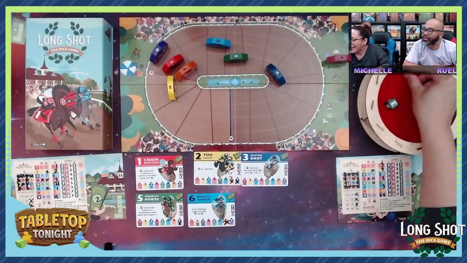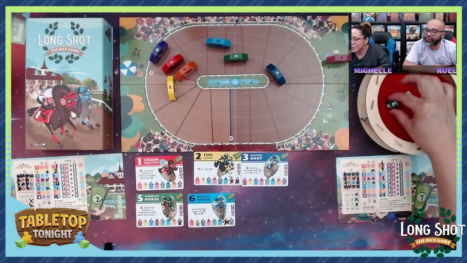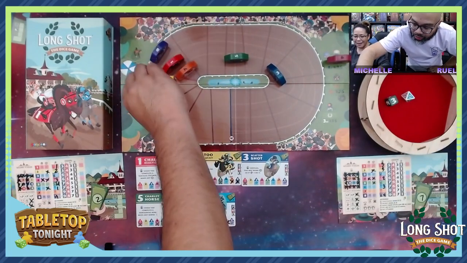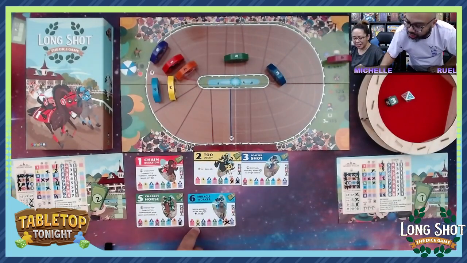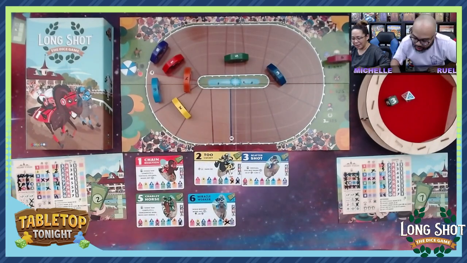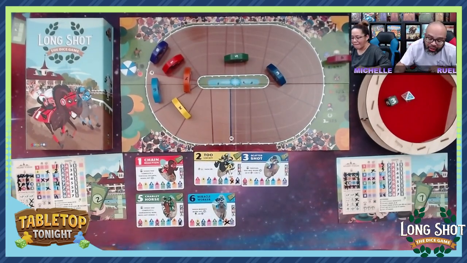Nice. Okay, so 6 moves 3. Whoa, 6 back in it, folks. 1, 2, 3. And the secondary is 2. Oh, boy. And 7. Okay. And my action for 6 is going to be...